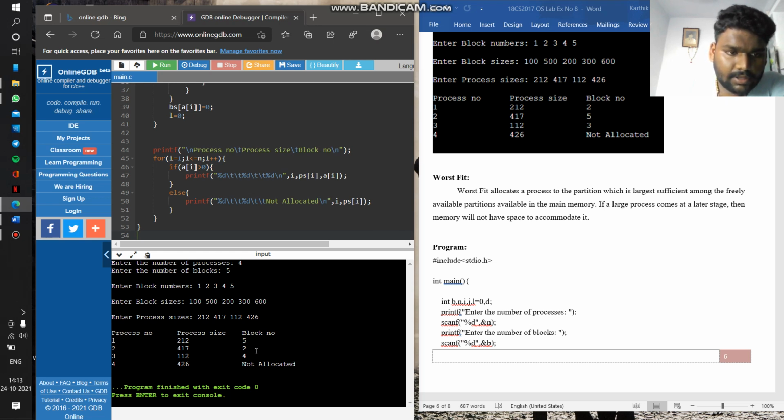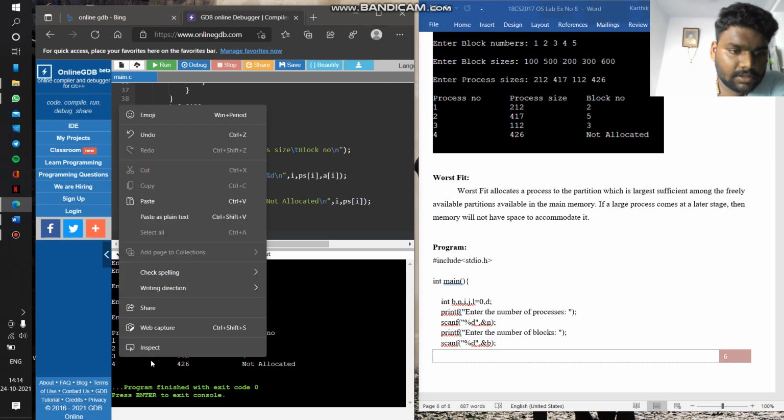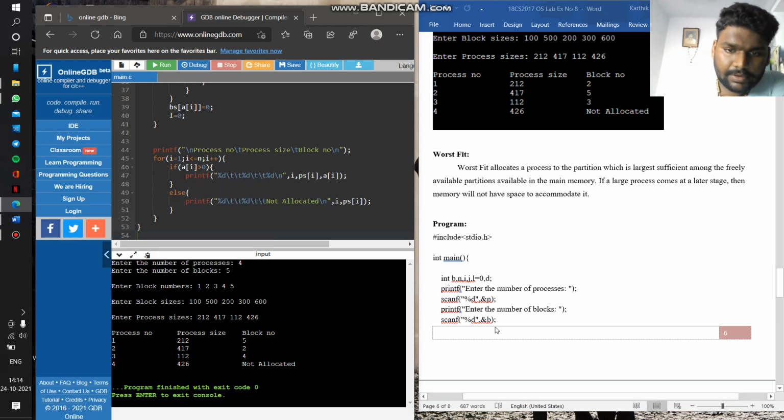In the main memory, block number 5 has the largest size. So for the first process, it is the worst fit. With the same process, the remaining 3 also got executed.